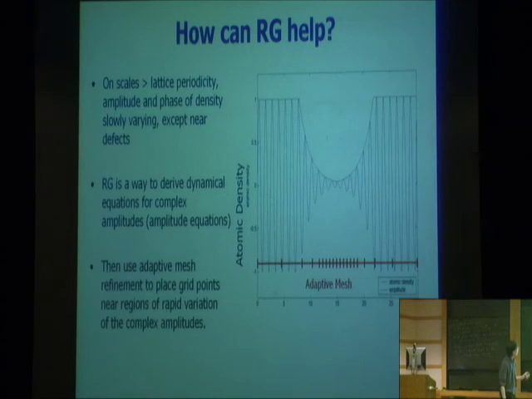If one has a periodic structure, that means it has an amplitude and phase. If it's just perfectly periodic, the amplitude will be spatially uniform, and the phase will be spatially uniform of that wave. Let's suppose you have some kind of topological defect, or you have a grain boundary, or you have a vacancy. Well, then your density is going to metaphorically look something like I've sketched over here, and if I look at what the amplitude or the phase of this density wave will look like, it'll be constant up here, then it'll be rapidly varying around here, and then it'll come back to a constant value,